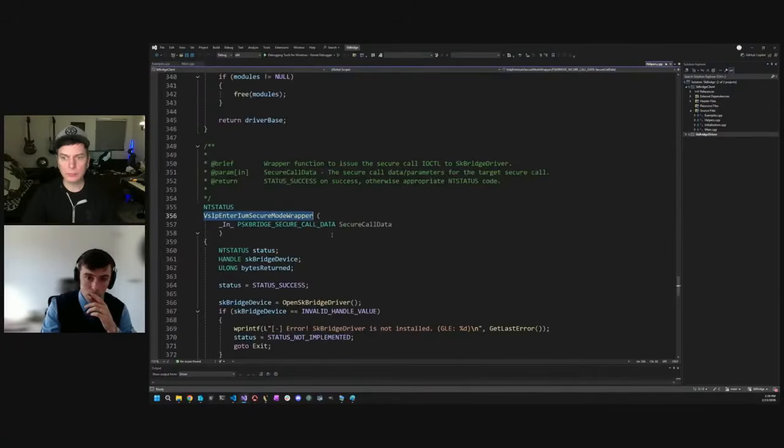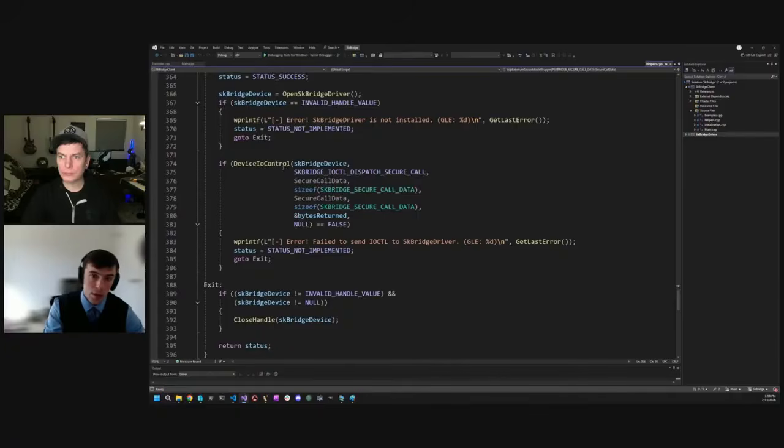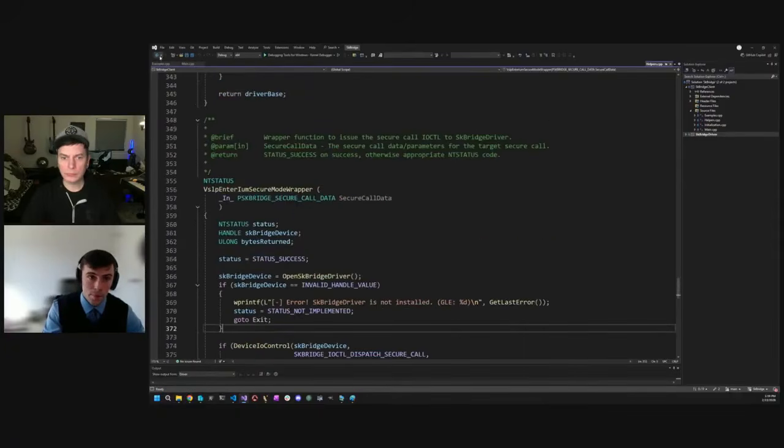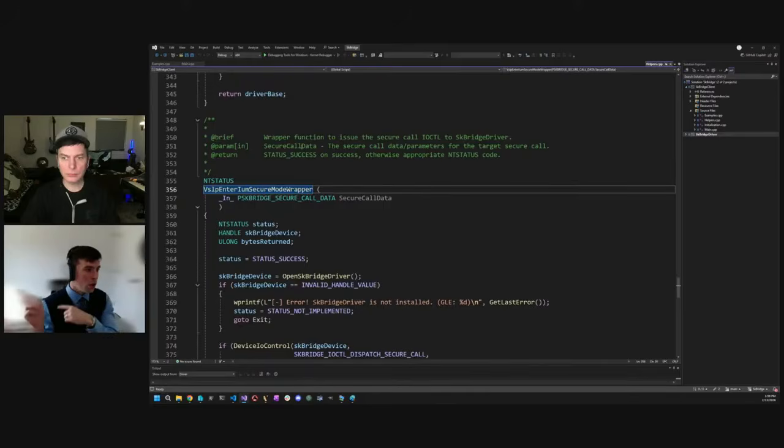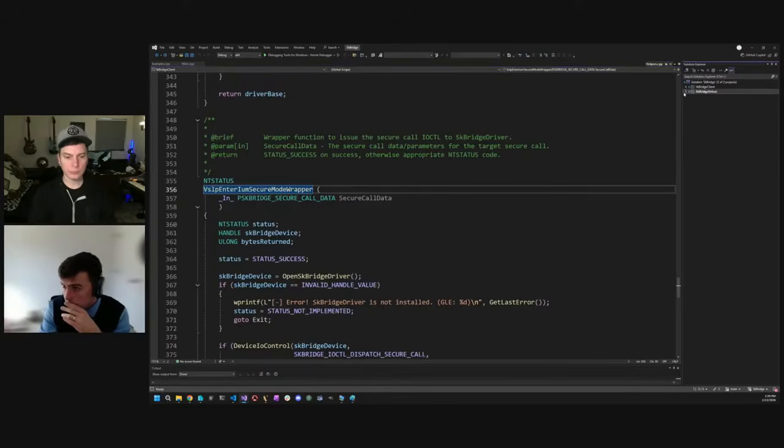And the wrapper call simply does an IOCTL invocation, passing in all the data and returns it. So now I'll show you what the driver does, and then I'll actually execute it on the machine. So the driver,